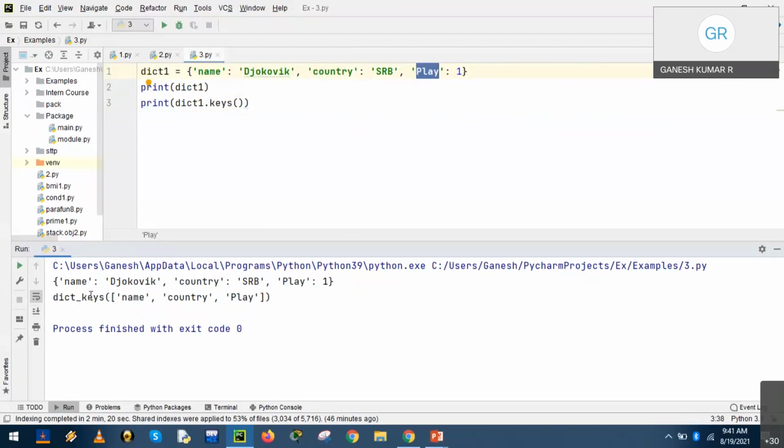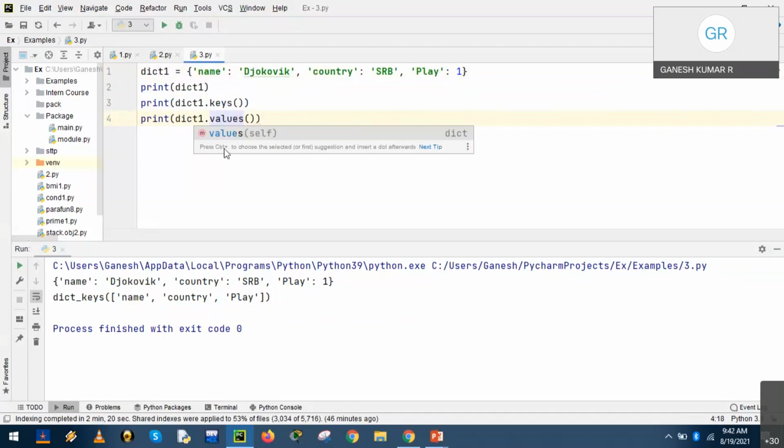The keys function returns the keys within a pair of square brackets. Now if you would like to check only the values, then we can modify the statement. Instead of keys, we use values.